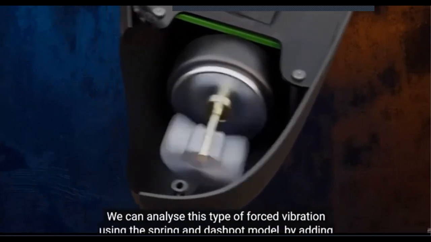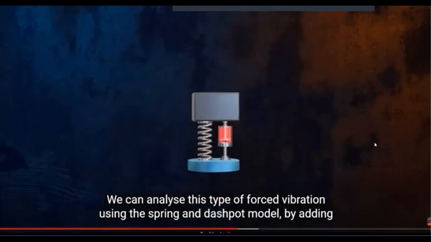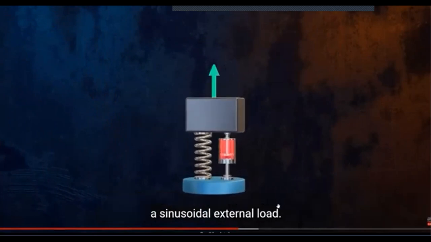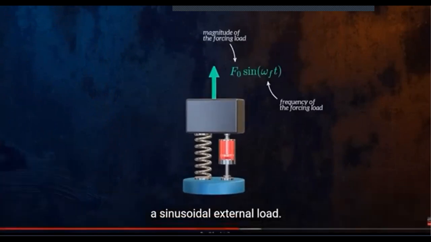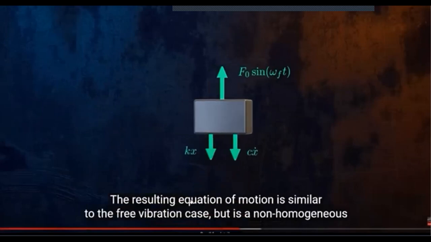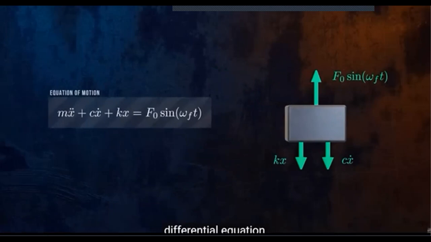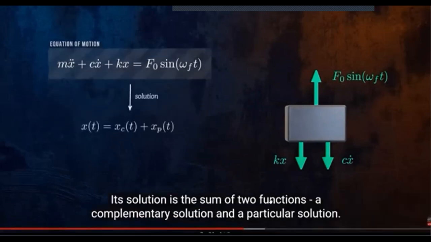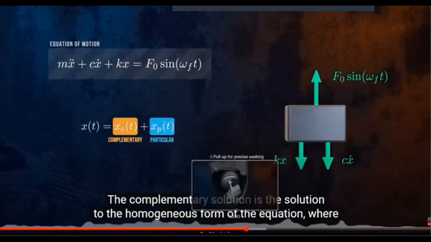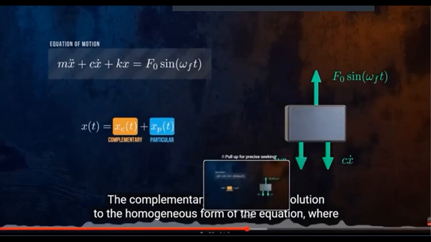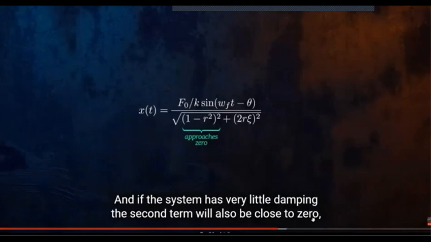We can analyze this type of forced vibration using the spring and dashpot model by adding a sinusoidal external load. The resulting equation of motion is similar to the free vibration case, but is a non-homogeneous differential equation. Its solution is the sum of two functions, a complementary solution and a particular solution. The complementary solution is the solution to the homogeneous equation, and if the system has very little damping,